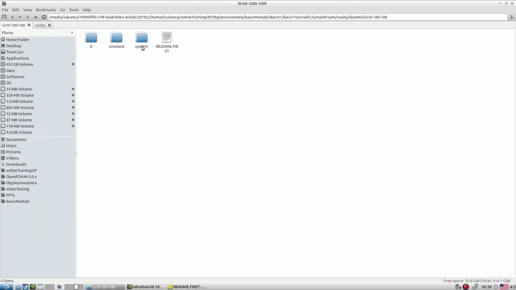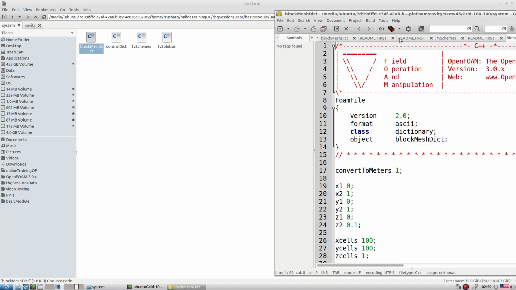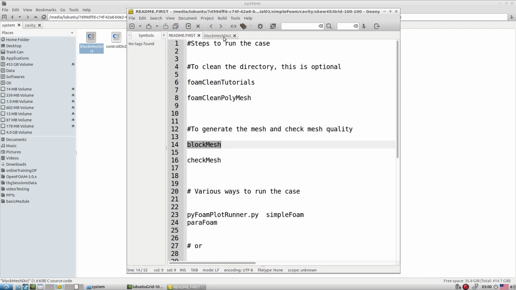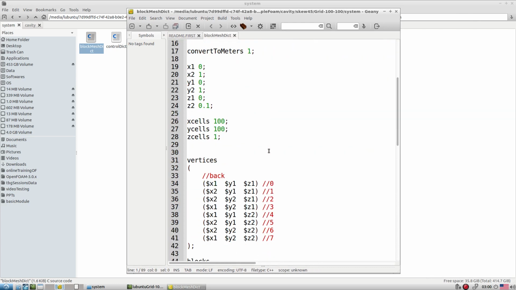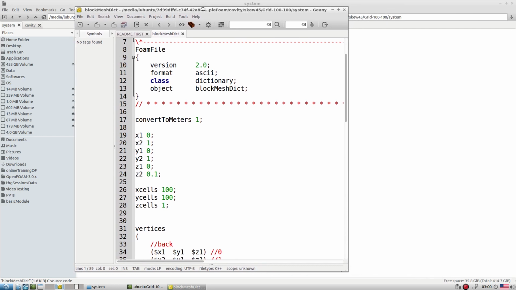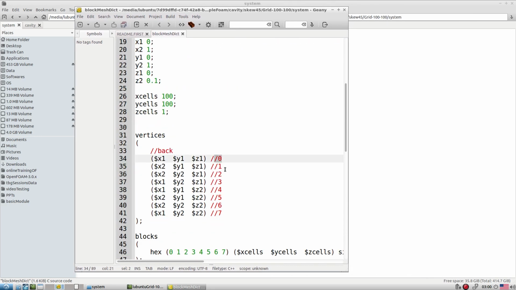For that we have to modify the blockMesh dictionary. Let me open that. This is the present blockMesh for the square cavity, with vertices 0 1 2 3 4 5 6 and 7.